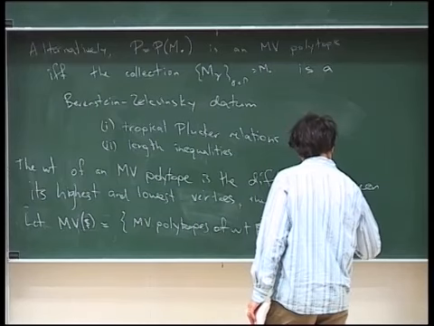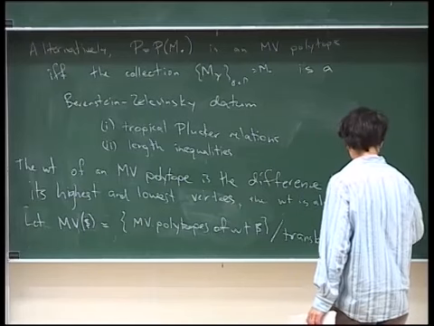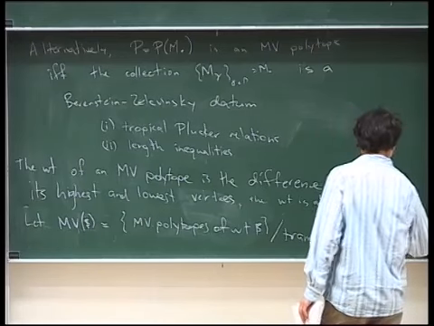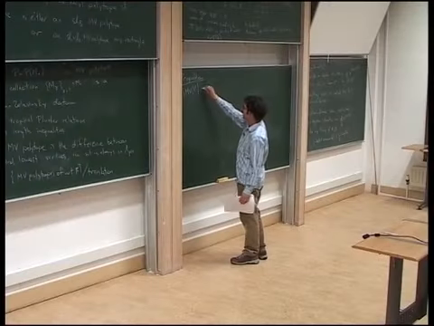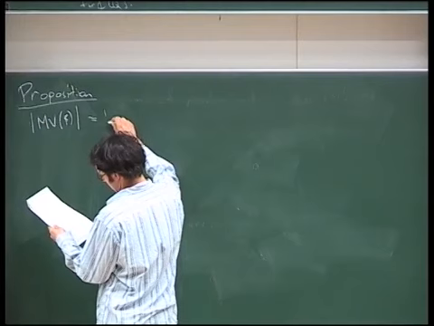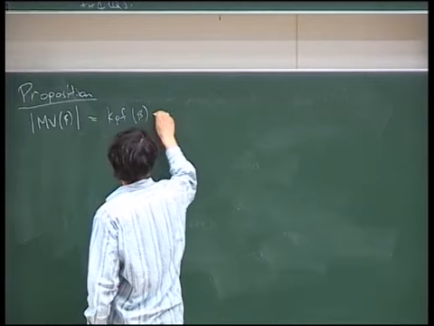It is always a positive combination of positive roots. So the cardinality of this set is actually the same as this constant partition function of beta, the number of ways